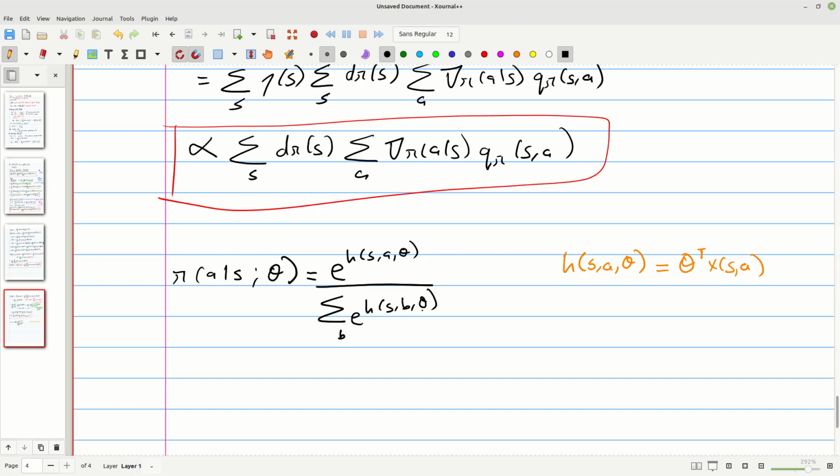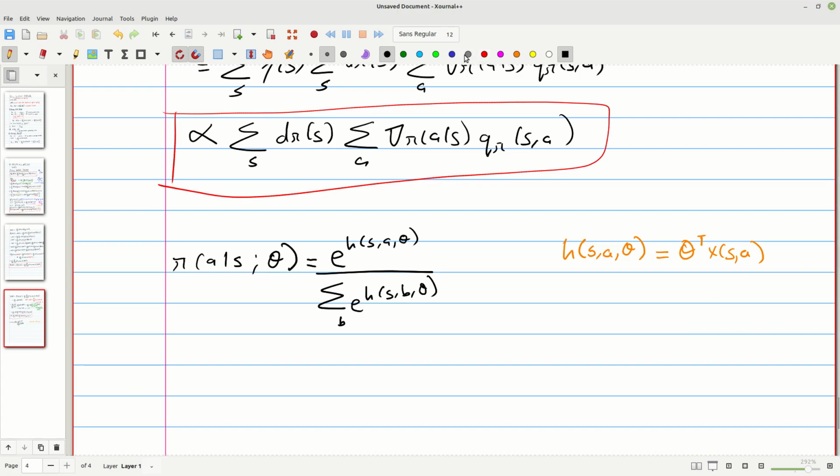And this is our softmax. Let me write that down. This is softmax in action preferences. The advantage of such a parameterization in policy gradient methods is that this approximate policy can eventually approach a deterministic policy, as long as we have some temperature parameter controlling that,